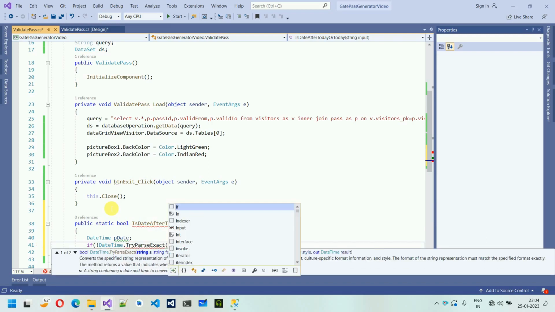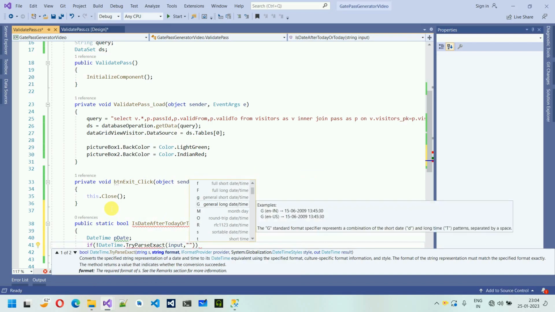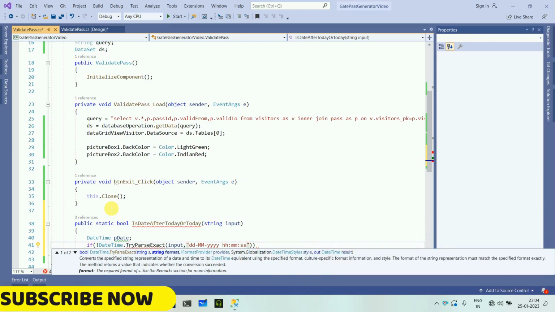Inside this one we have to pass the input like this, and here we will pass the format: dd hyphen MM hyphen yyyy HH colon mm colon ss, and after this we have to pass the